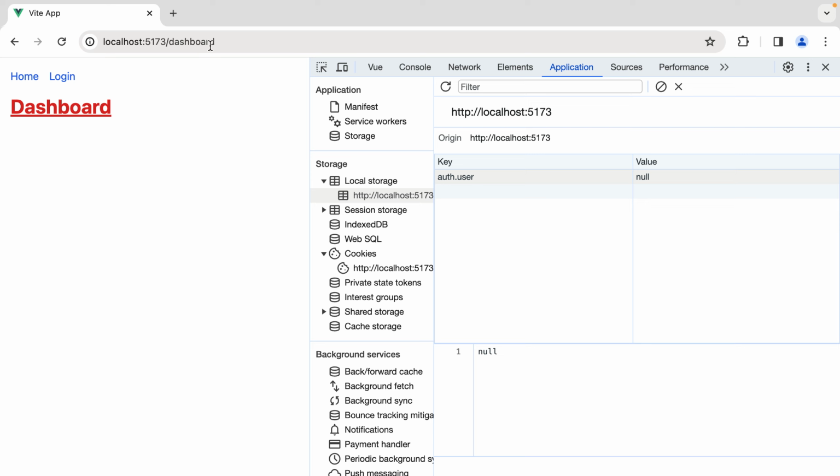A Navigation Guard is a function that is executed before navigating to a specific route, and it's generally used to prevent unauthorized access, like in our case. A Navigation Guard is basically the equivalent of a Laravel middleware, but for your Vue SPA. So let's go to our routes file,